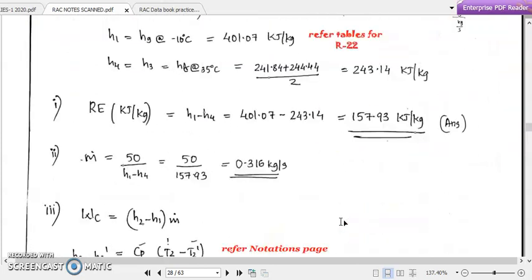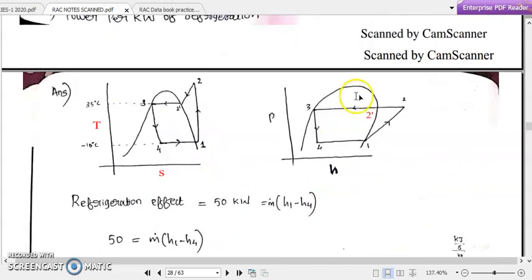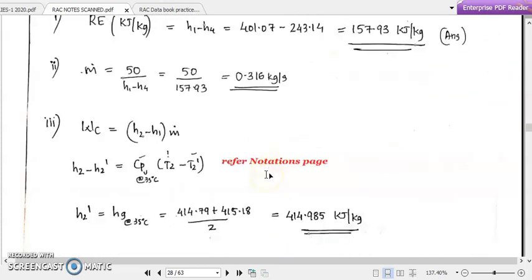How can we find out the power required by the compressor? That is nothing but the work done by the compressor, given by H2 minus H1, simply the enthalpy difference between 1 and 2. Our compressor work will be H2 minus H1, in kilojoules per kilogram. If we multiply it by the mass flow rate, which is in kilogram per second, the net effect of m dot into H2 minus H1 will be in joules per second, or kilowatt. But